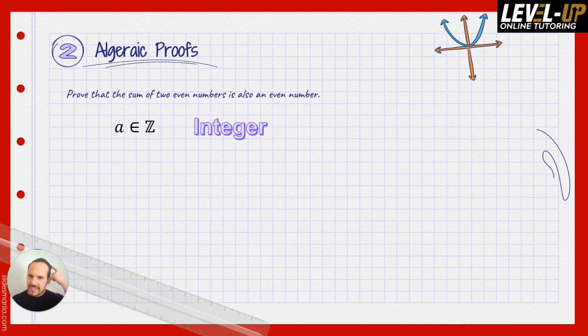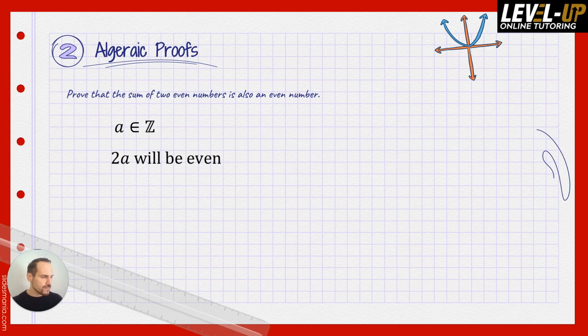Well, integer basically means a whole number, doesn't it? But an even number is specifically an integer that's divisible by 2, isn't it? So what we could do is create another number that is simply 2a. Because if a is just some integer, like a is either 1, 2, 3, 4, 5, and so on, well then 2a will be either 2, 4, 6, 8, 10, wouldn't it? So here we've found a way to write an even number